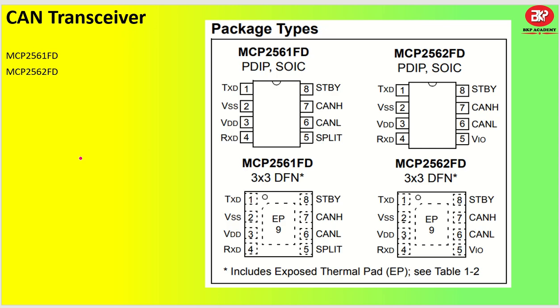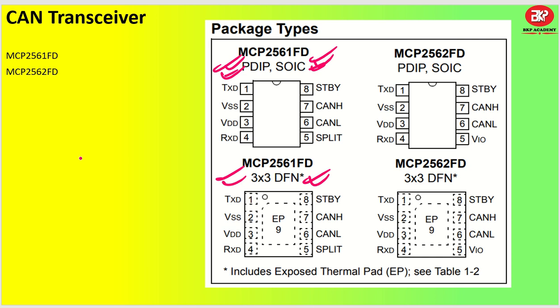So as you can see the package types, let us concentrate on the MCP2561FD PD package as well as the SOIC package. If you want something very sturdy on the PCB, you can utilize the PD package, and the SOIC package is also almost the same, but it has slightly lesser thermal capabilities. If you want very good thermal heat dissipation capabilities, then you can go ahead with the DFN package also. However, inside the package the pins are not exposed, so you may find some difficulty in handling it, but this is preferred in high-end applications where you don't have to keep touching the IC.